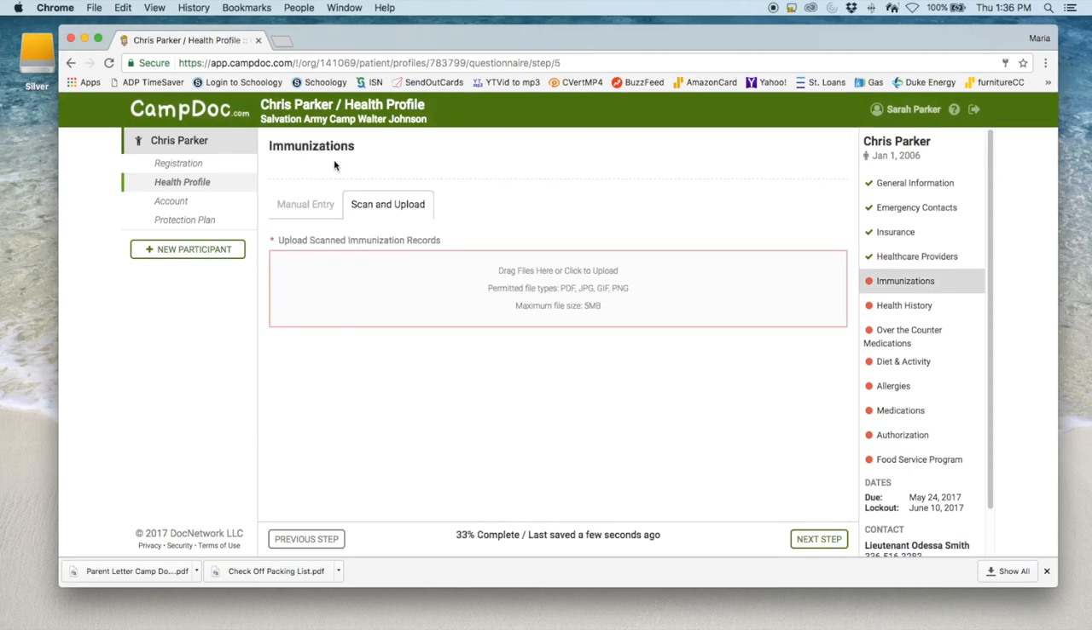Your immunization records. If the immunization is listed, it must be completed. Some sessions do not require immunization. We strongly recommend that you attach your records because it would be so much easier, and again, it will save you so much time. If you do not drag and drop it, then you will have to manually enter all